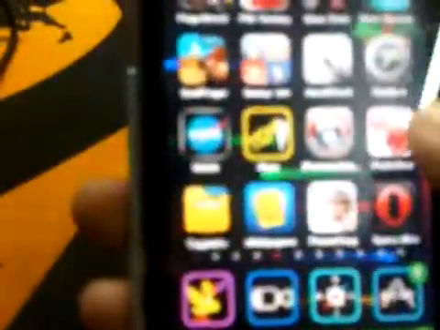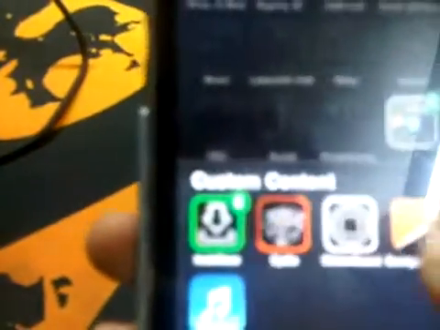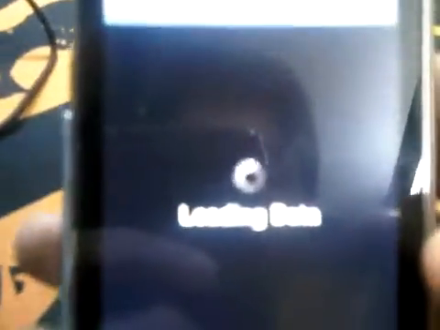So the first thing you need to do is, this Multiflow is compatible for both iTouch and iPhone users. So the first thing you need to do is visit Cydia. It is loading. So I have opened Cydia and go to Sources. In that you just need to do a simple thing, add a source, that is